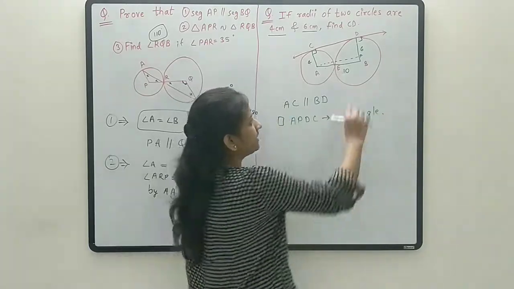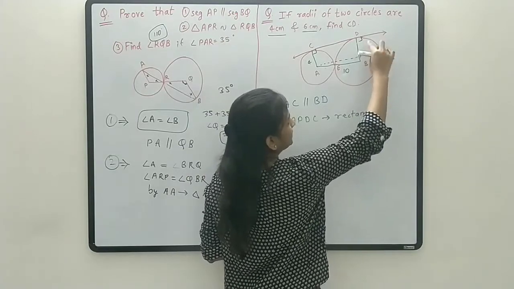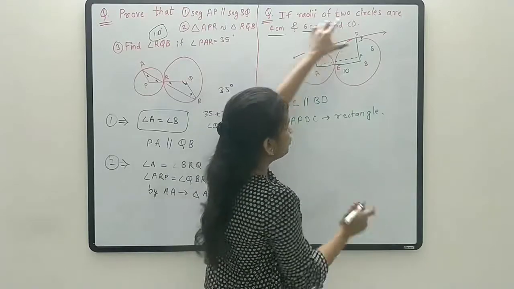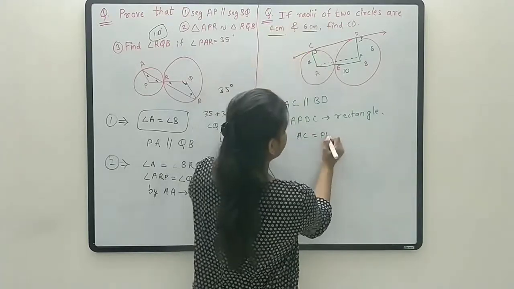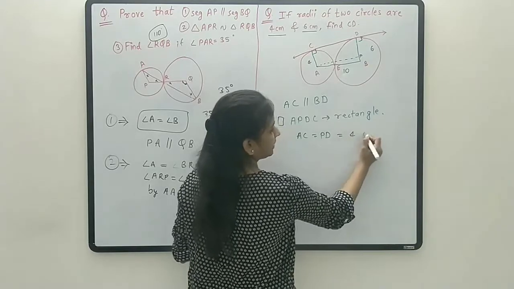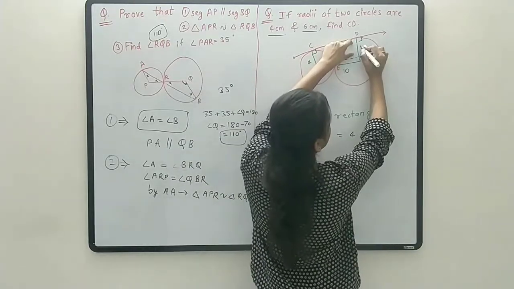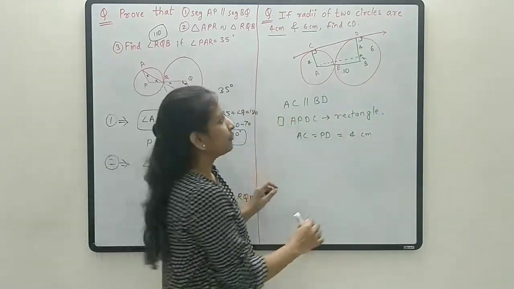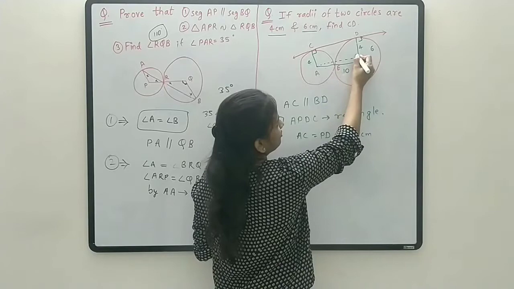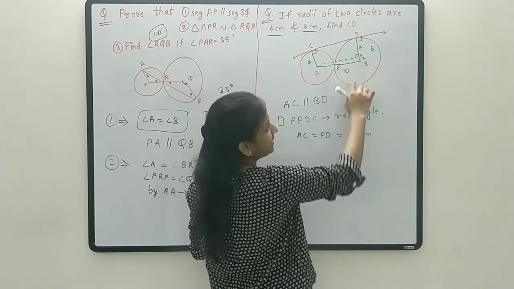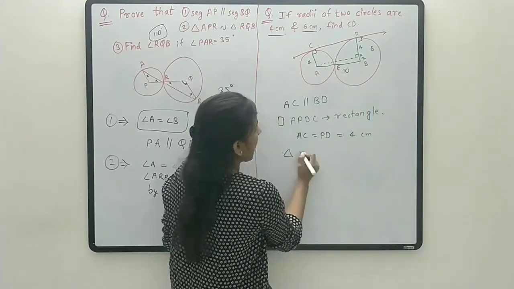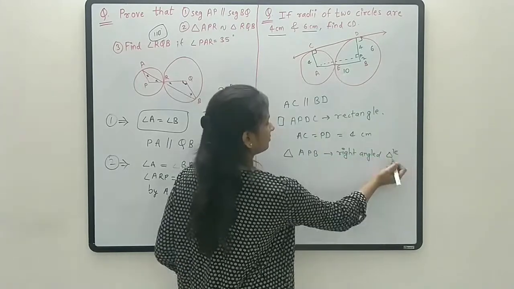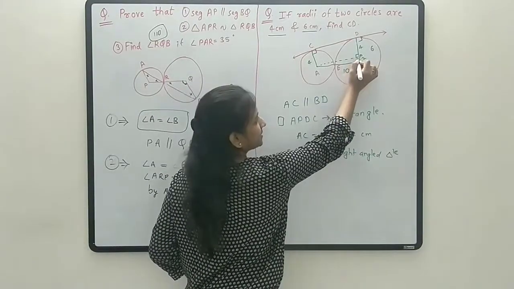Okay. Now in this rectangle, see, this is the complete radius 6, BD is 6, AC is equal to AP, PD, and it is 4 cm, right? So PD is 4. So what is PB? 2. Complete is 6, right? Now here, as this is a rectangle, we can say this angle is 90 degrees. So we can say triangle APB is a right angle triangle. Okay, see this angle is 90 degrees.